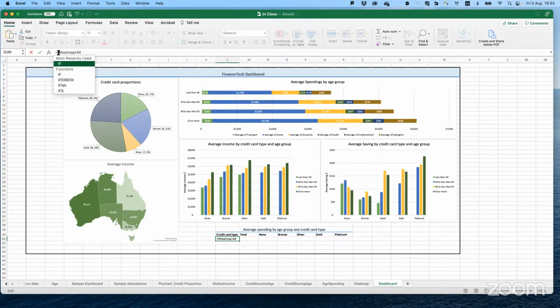So we say that if our heat map A4 equals double quotation, open and close, which means empty, then give us the value of empty.